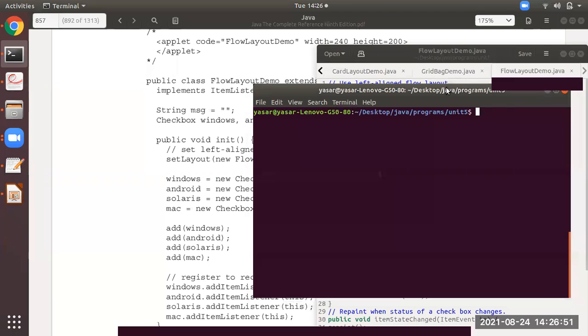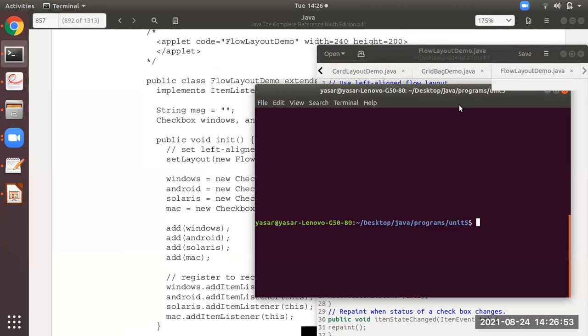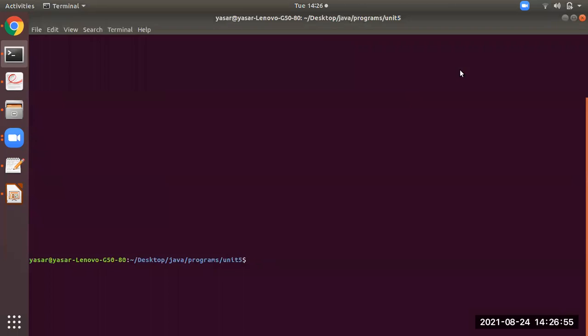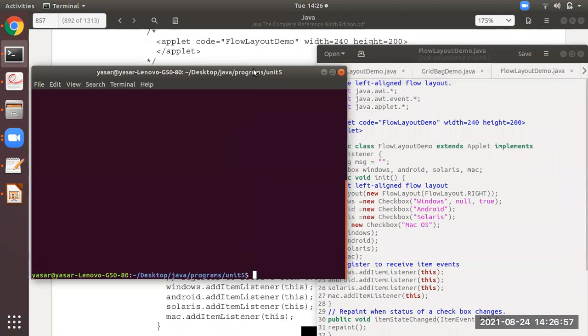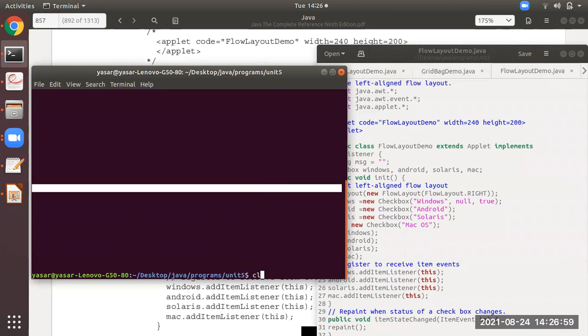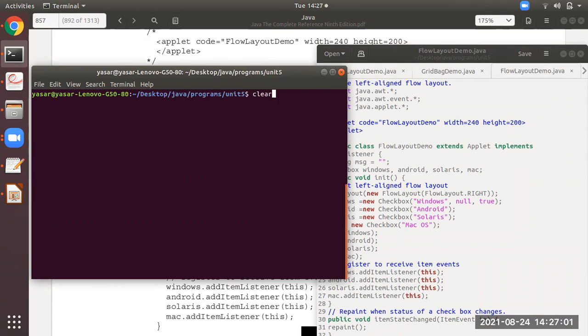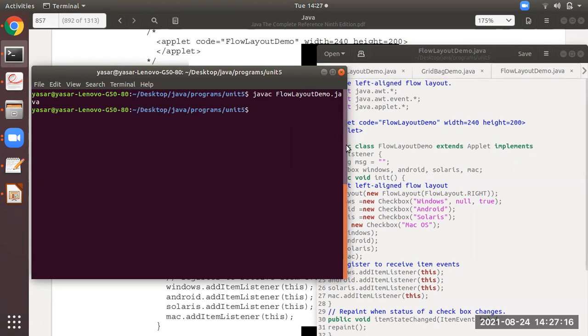And observe the output. Compile it first. FlowLayoutDemo it is. It is compiled now.